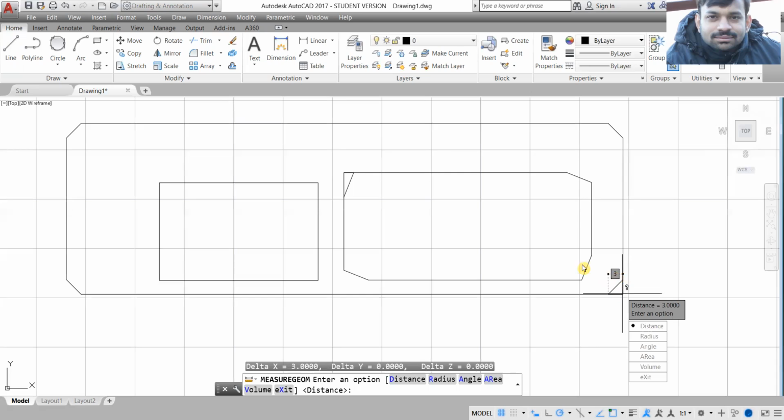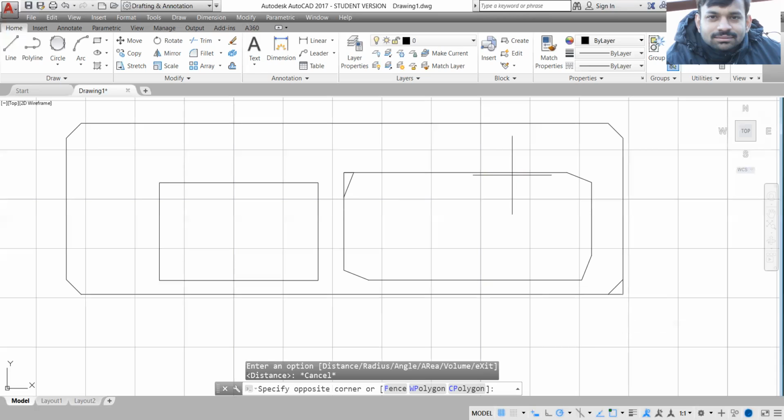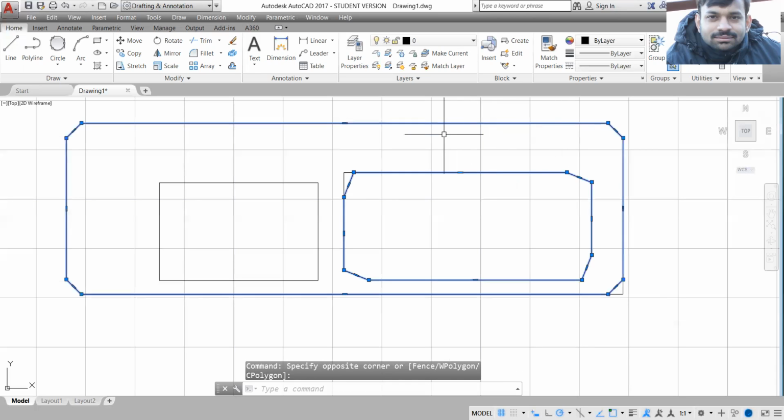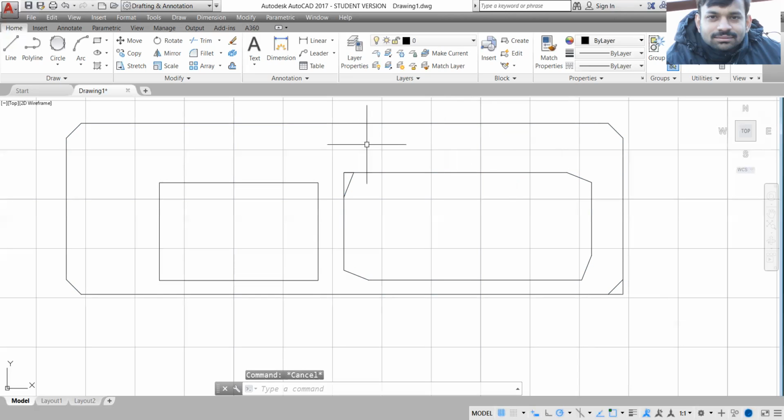Again, this distance is 3. So we have made a regular chamfered rectangle. This is an irregular chamfered rectangle, and this is a regular chamfered rectangle.